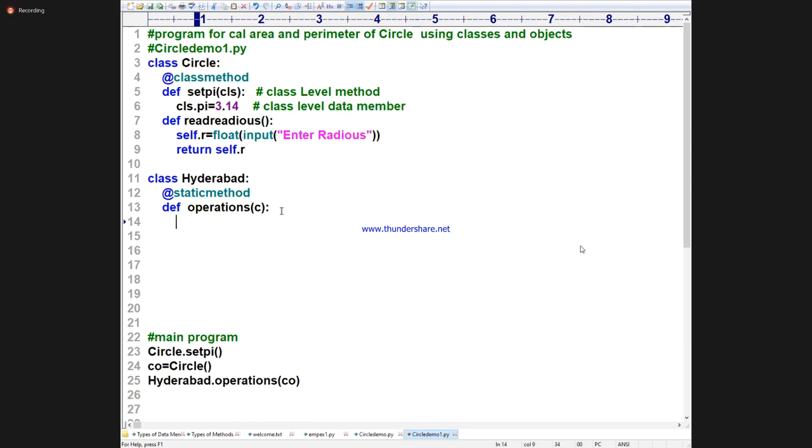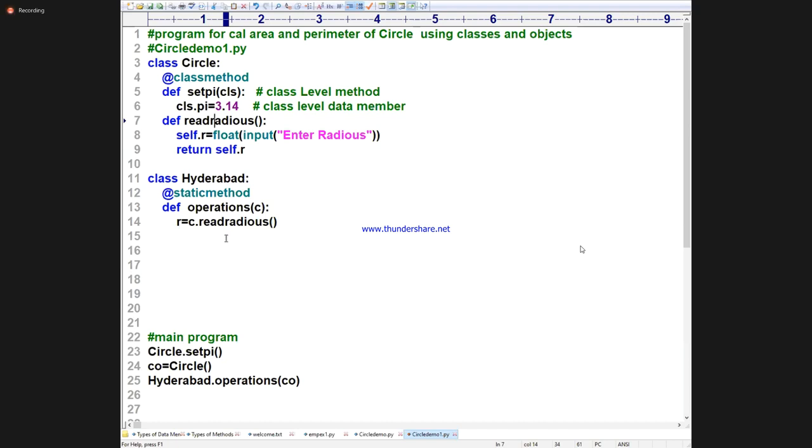Now, C.read_radius. Wonderful. What a beautiful code. So I will write r is equal to C.read_radius. How is it, sir? I may make spelling mistakes. You should not worry about it.